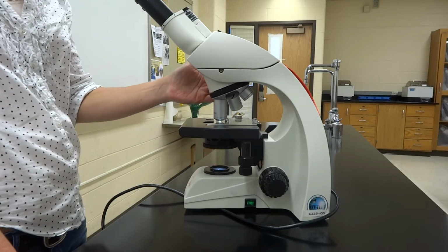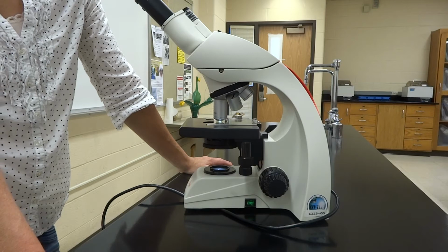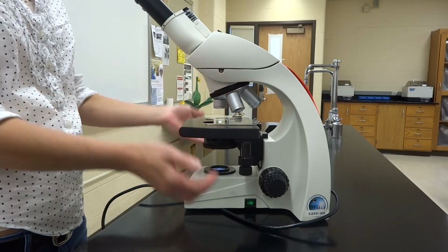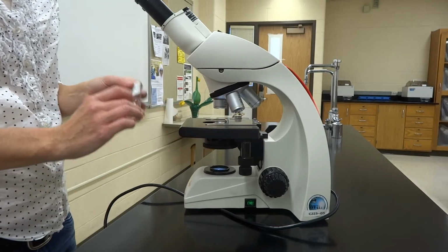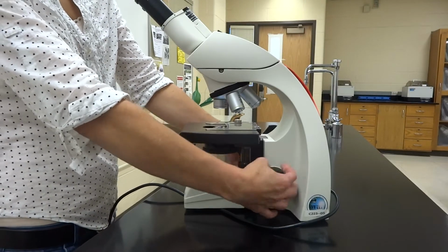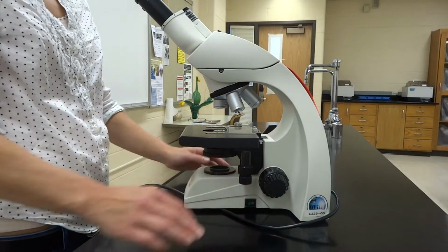And then you will need to clean off your scope. And remember, this is your scope for the whole semester. You need to take care of it, even if the student before you doesn't. So you are gonna have to reset everything back to start, which means our objectives have to go back to the 4x where we found it, hopefully. Your slide needs to be removed. And again, if it's prepared, don't throw it away. Please don't. And then you're gonna lower the stage with the coarse objective lens, the knob, all the way down gently again. And then you will turn off your scope, unplug your scope,